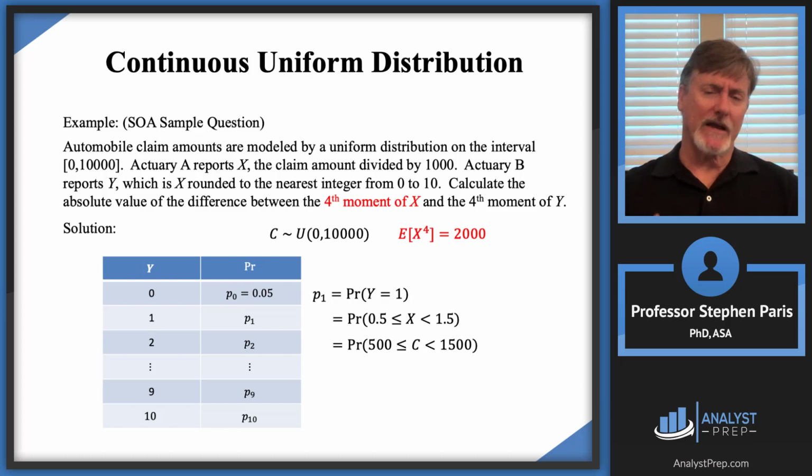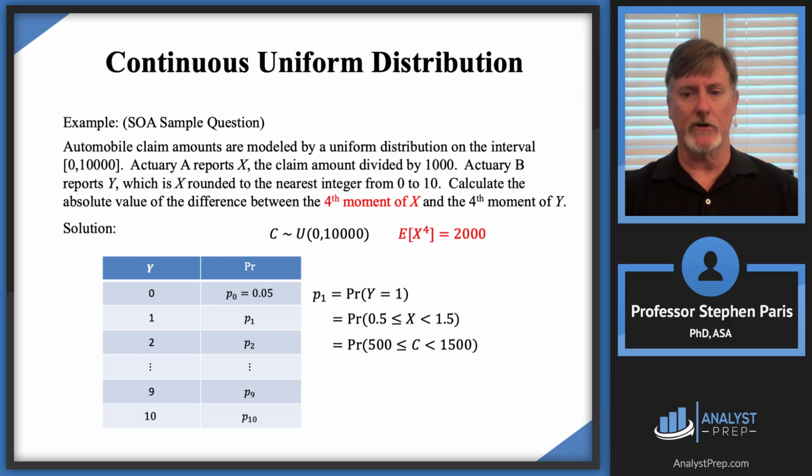But again, now cap X and cap C are continuous random variables, so it doesn't really matter if I'm including the endpoints or not. I've been careful here with including the left endpoint but not the right endpoint, but you'll get the same value because of the continuity of the random variable. So cap Y equals 1 would mean that the claim amount was between 500